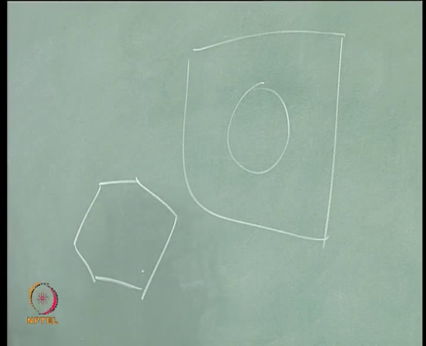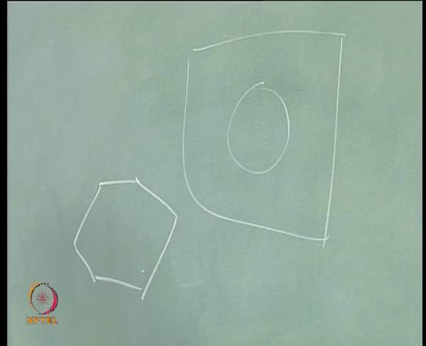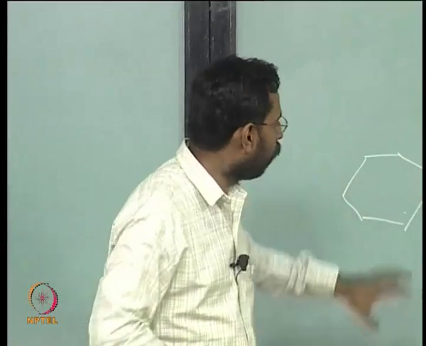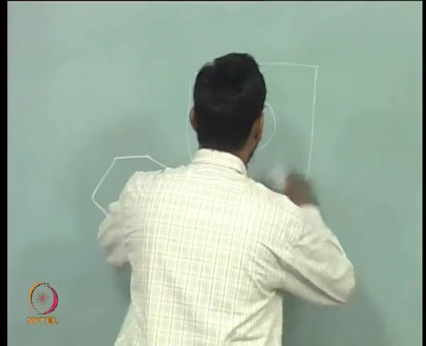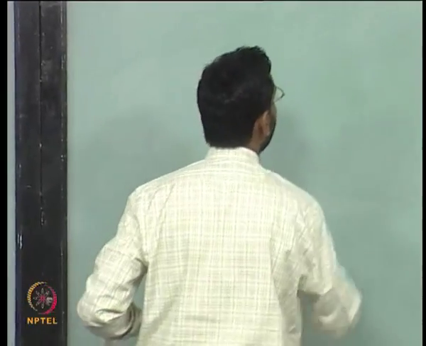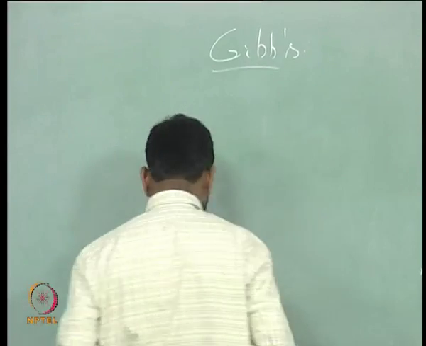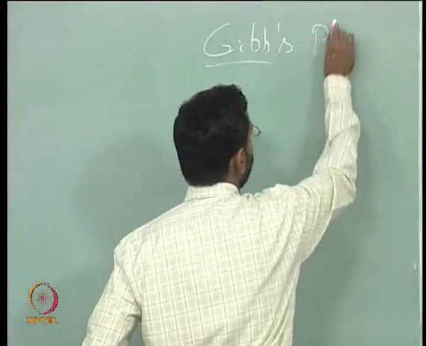Now, if that is the case, then the actual shape of the nucleus is that which minimizes the overall surface energy. It chooses those planes for its enclosure in such a way that the overall surface energy is minimized. For that, there is the Wulff, or Gibbs, plot. Gibbs talked about it long back, what people call the Gibbs plot.